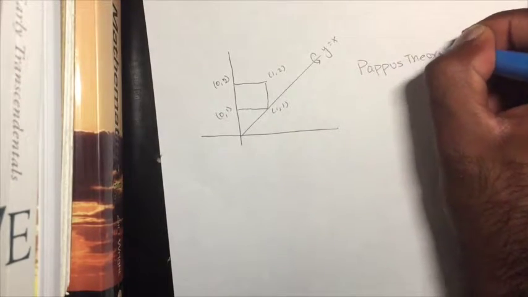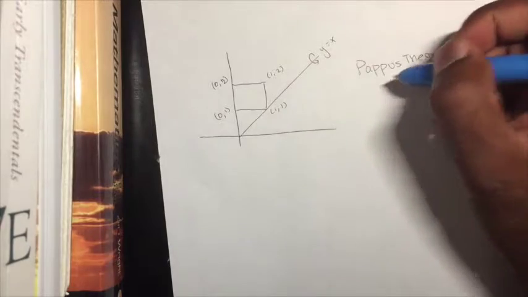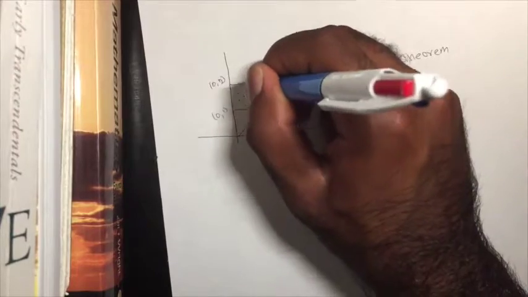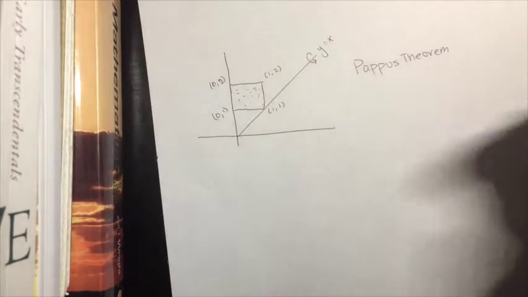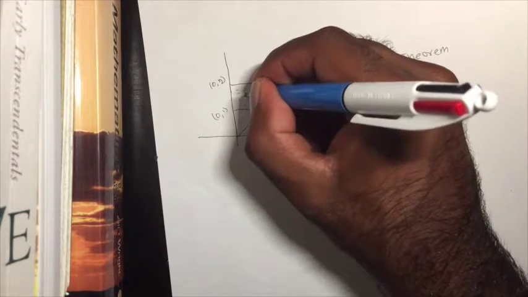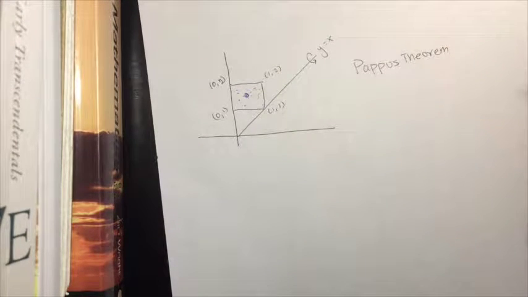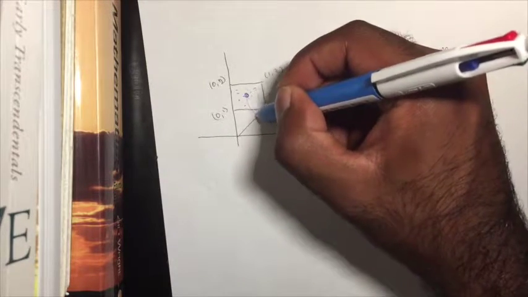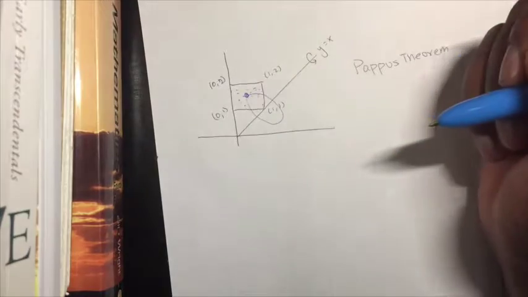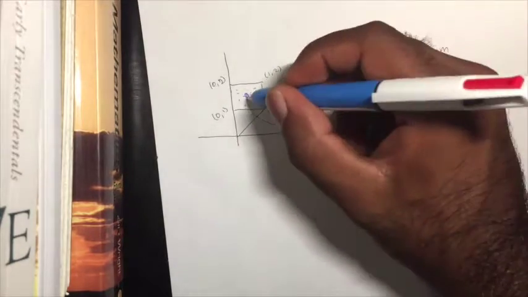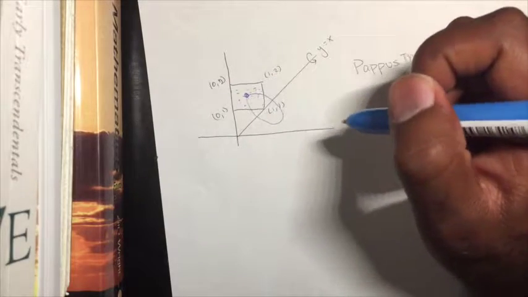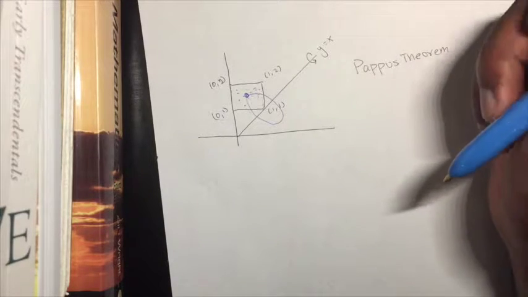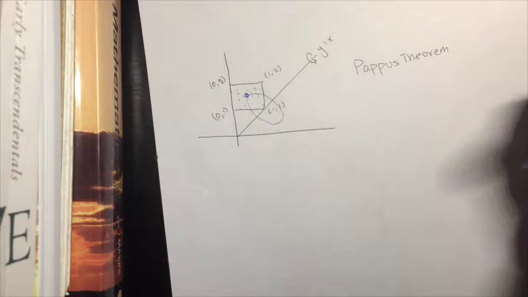Now Pappus theorem is very simple, and what it says is it takes all the points, every value in here, and puts it all together as 1. And that is the center of mass. And we take that 1 point and we rotate that around the axis of rotation. And since that 1 point represents the entire area of that shape, we will get the volume of the entire shape being rotated around the axis. This is a very easy